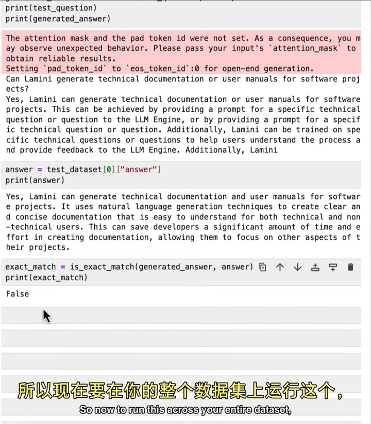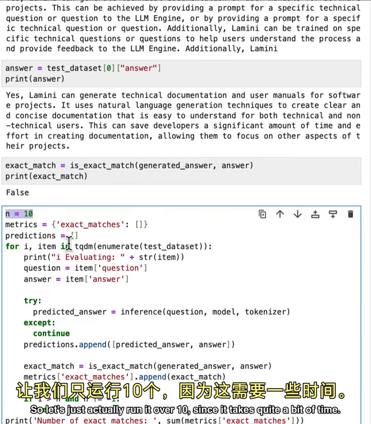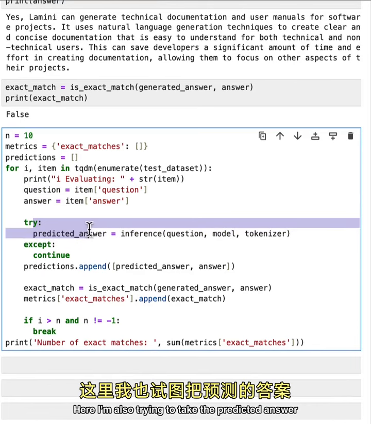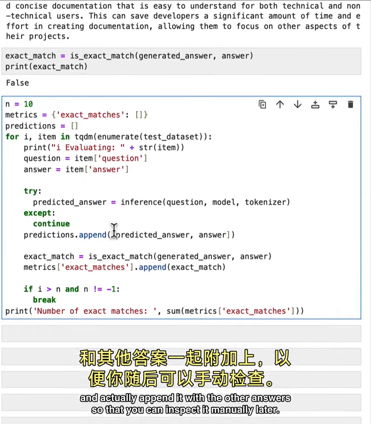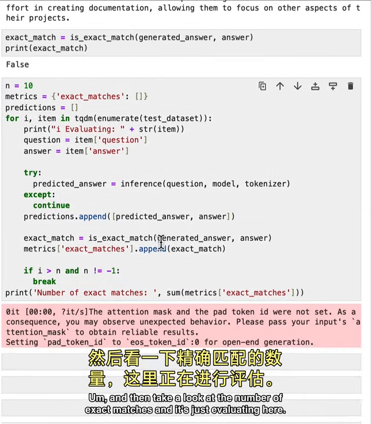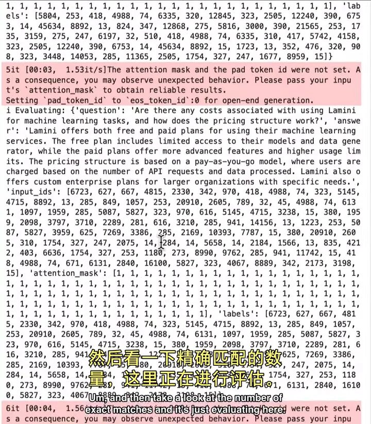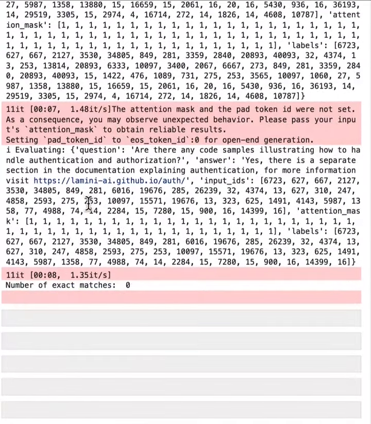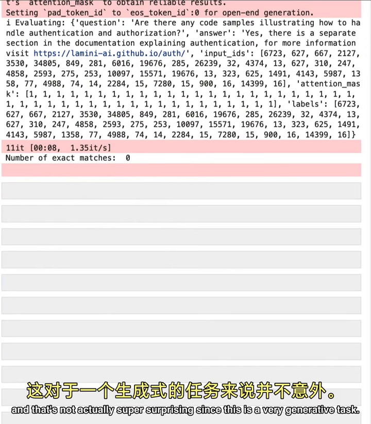Cool, so now to run this across your entire data set, this is what that might look like. So let's just actually run it over 10 since it takes quite a bit of time. You iterate over that data set, pull out the question answers. Here I'm also taking the predicted answer and appending it with the other answers so that you can inspect it manually later, and then take a look at the number of exact matches. And it's just evaluating here. So the number of exact matches is 0, and that's not actually super surprising since this is a very generative